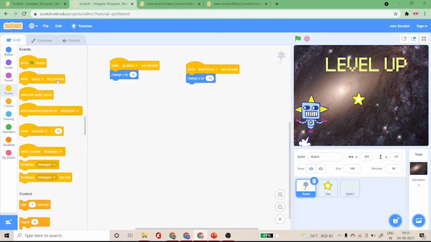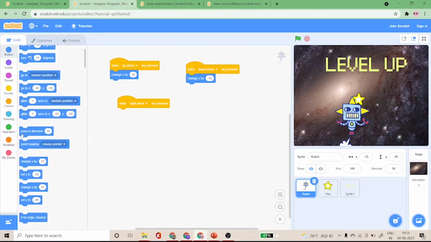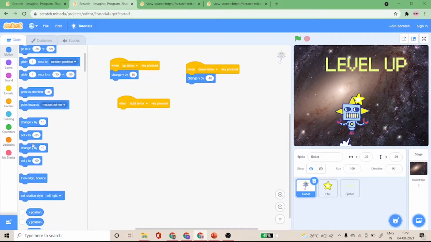Now I'll go to events again and select when right arrow key is pressed. When the right arrow key is pressed, I want my robot to move in the right direction. If you see here, when I am moving the robot to the right, X is increasing and Y remains the same. So I'll go to motion and select change X by 10.